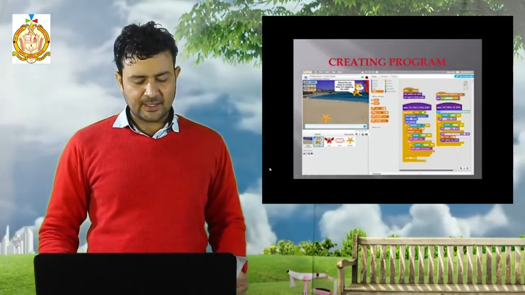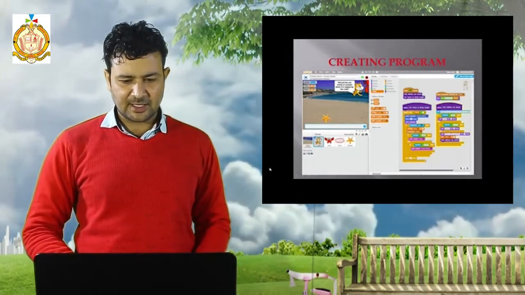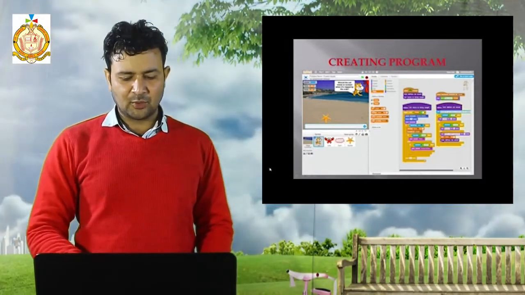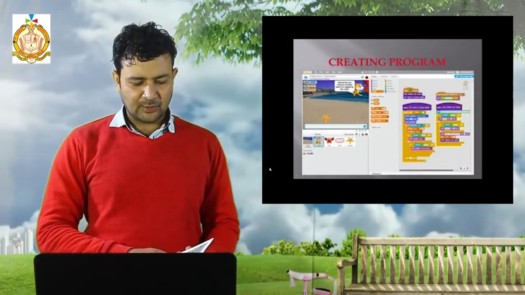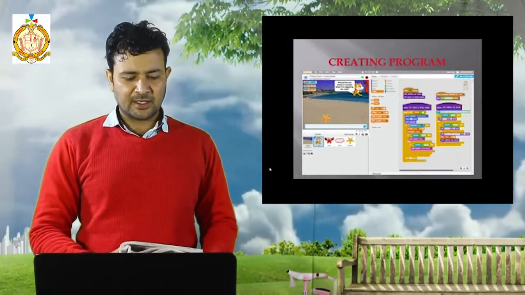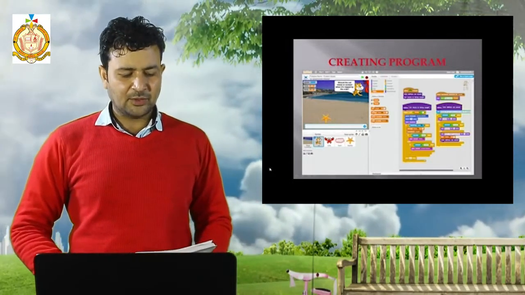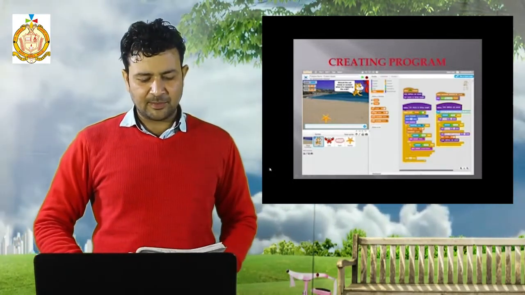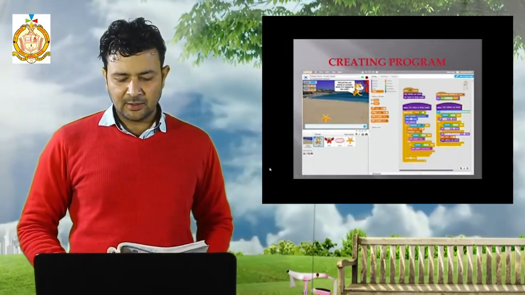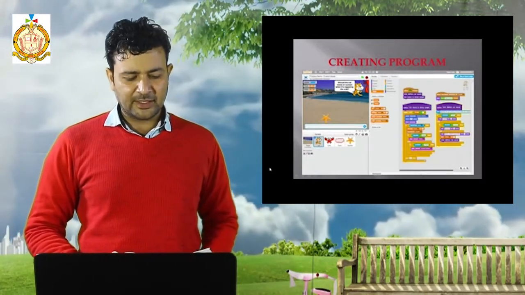Next, creating a program is also one of the questions from your back exercise. In the back exercise there is a question: what are the steps to creating a program? If you want to create a program, what to do? First we have to see our selecting area. Then we have to select the area in which you want to create the program. Next, you have to click on the blocks from the block palette. The script moves immediately. It will only show what the block does, but it is not a program.